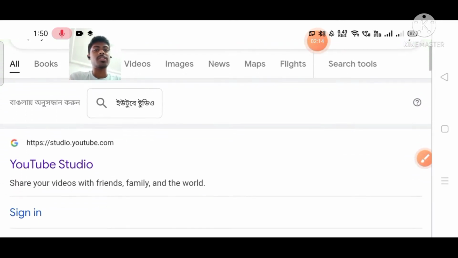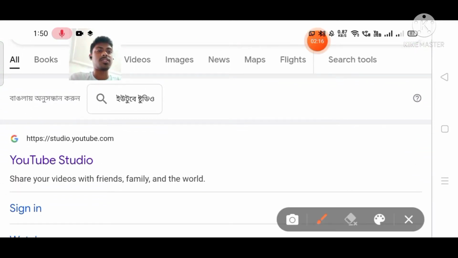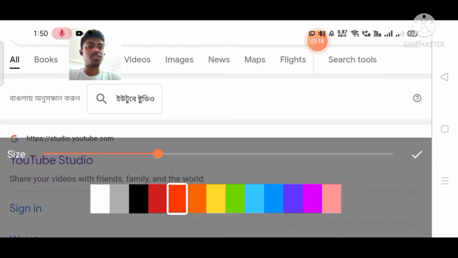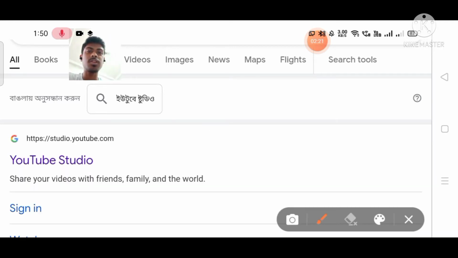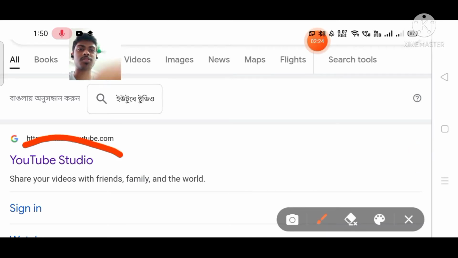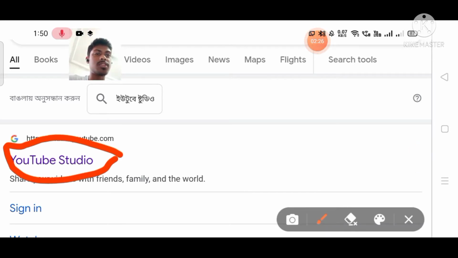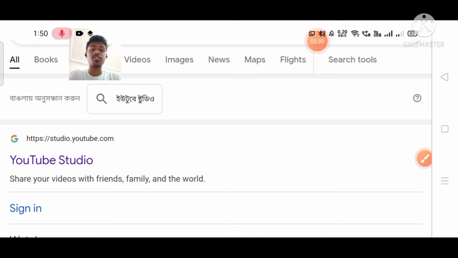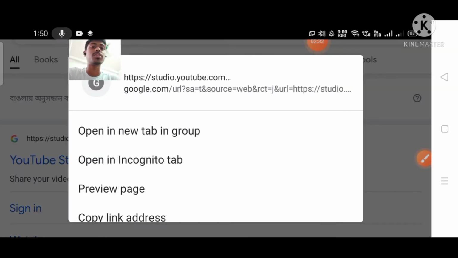Okay, then you can see here, let me just show you this line. Let me show you this YouTube Studio. Here it is written. So what you have to do is just hold it. If you don't have the YouTube Studio app, click YouTube Studio, then just tap on it and another tab will open.